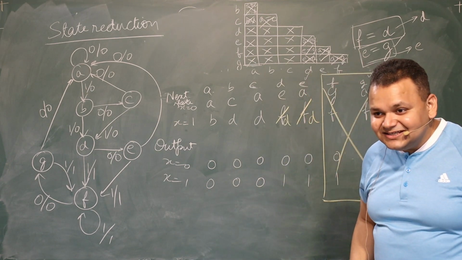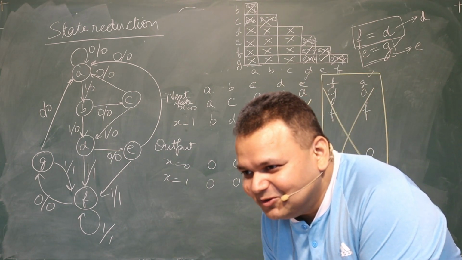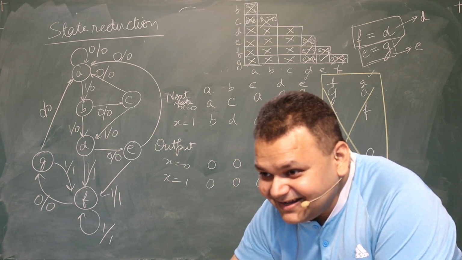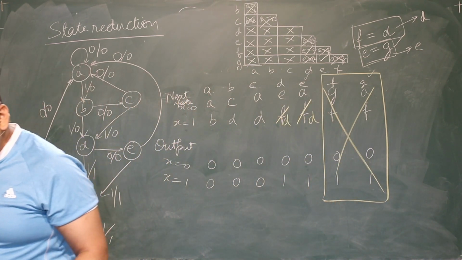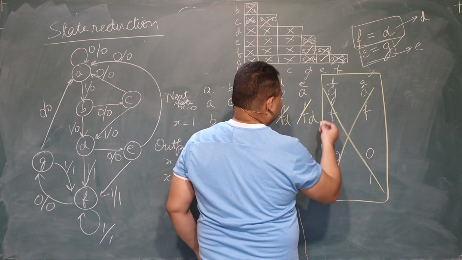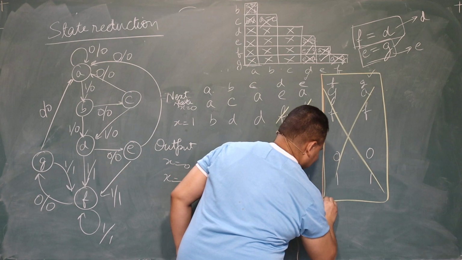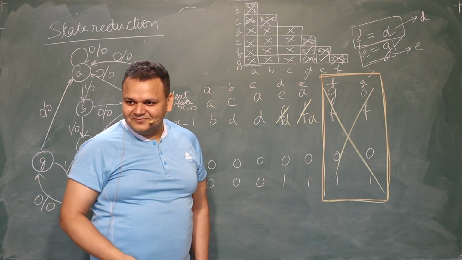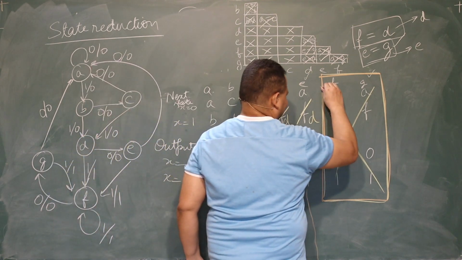Can you see the colors? Can you recognize the yellow color at all on the board? Barely recognizable, a slight difference. Okay, let me use a different color. Is this visible? Yes, sir.